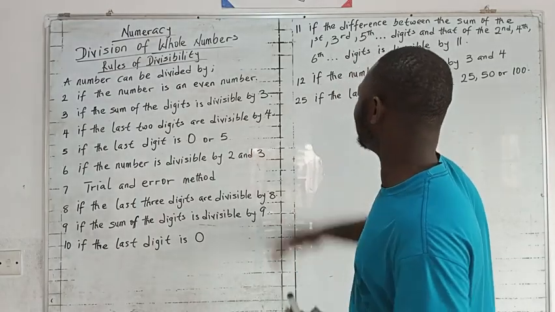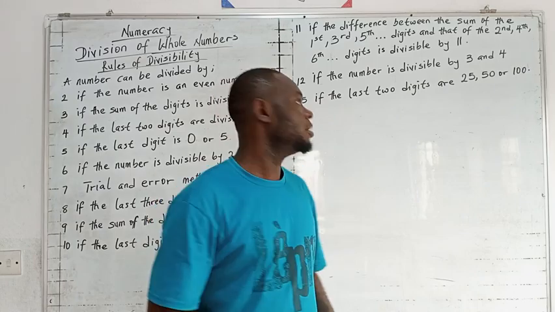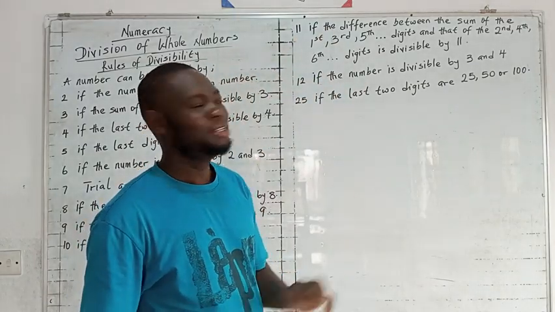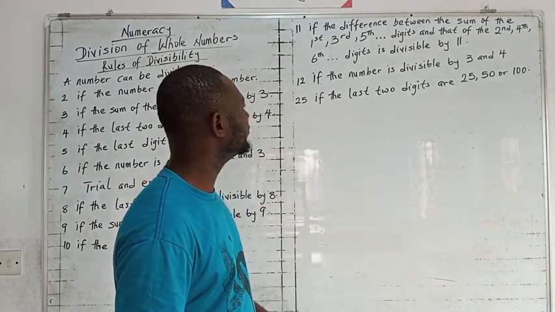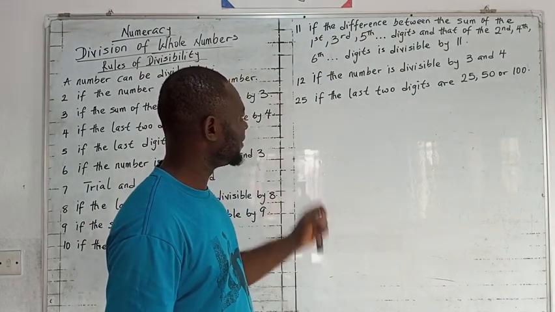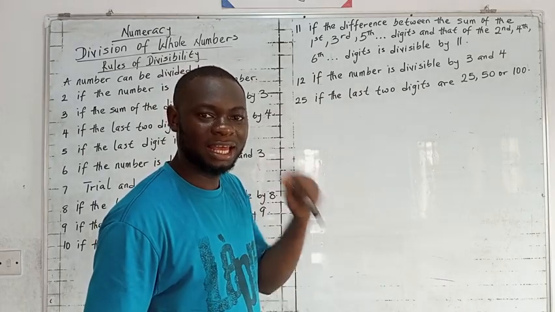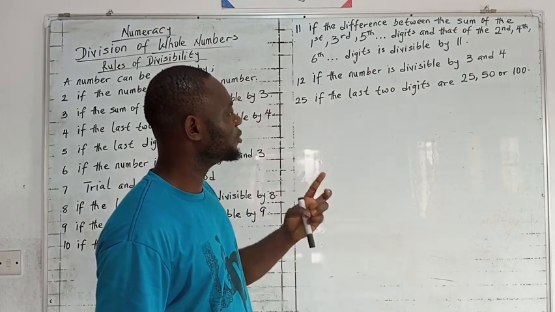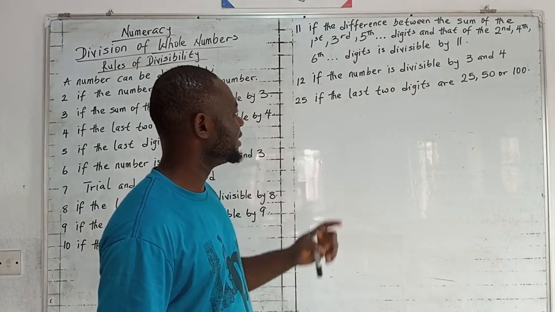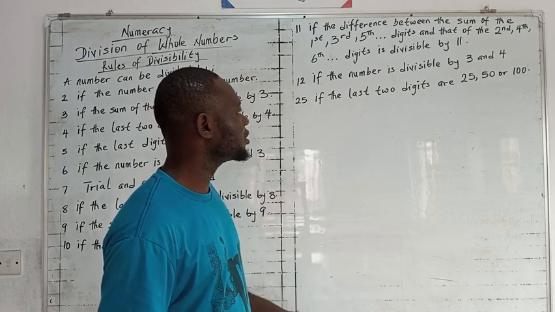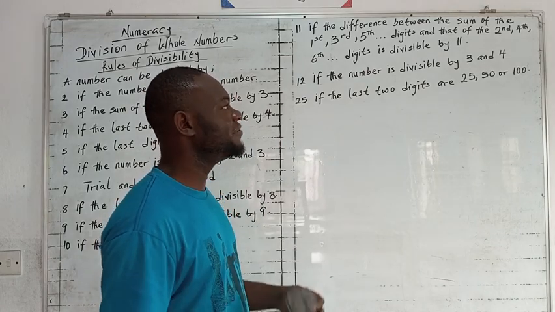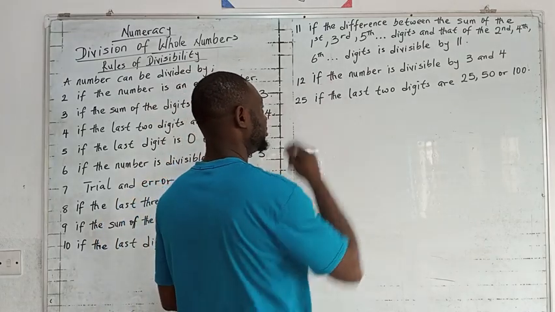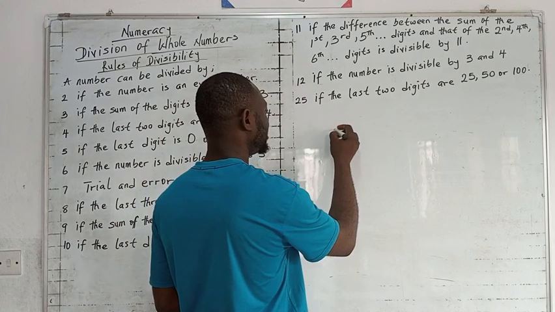A number can be divided by 11 if the difference between the sum of the first, third, fifth, seventh, ninth, 11th, 13th, and so on digits, and that of the second, fourth, sixth, 8th, 10th, 12th, 14th, and so on, is divisible by 11. If I have a number like this, let me explain this immediately. If I have a number, let's say